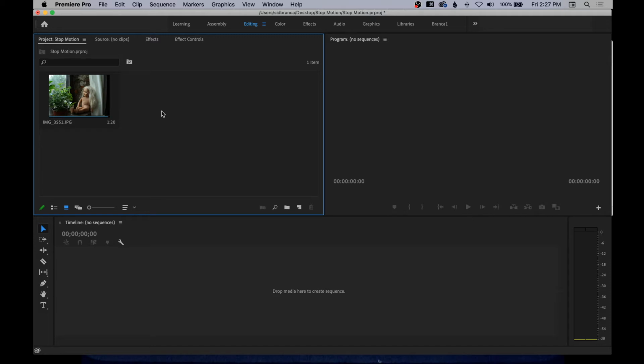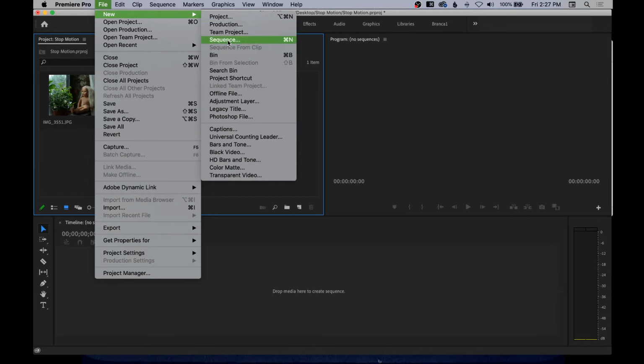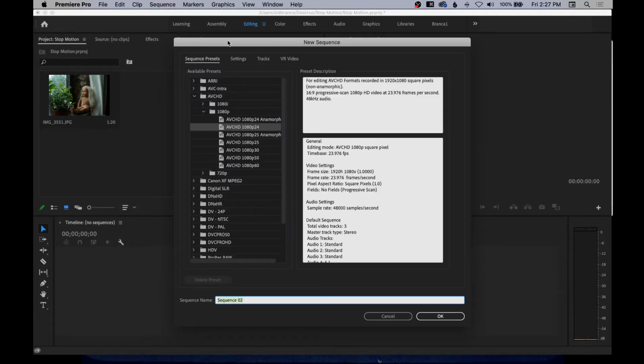If you just drag this into the timeline, you'll get a sequence with some weird settings. So we're instead going to go to File, New Sequence. There are a lot of preset options here. Do not feel overwhelmed. For right now, we're just going to think about two things: frame size and frame rate.